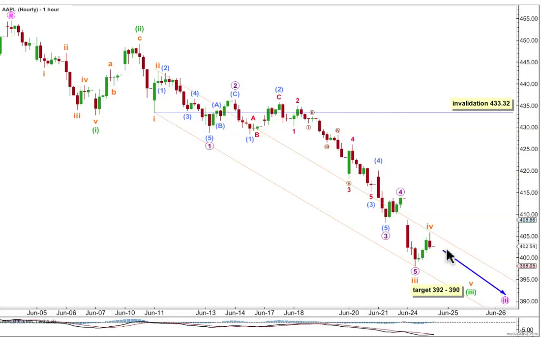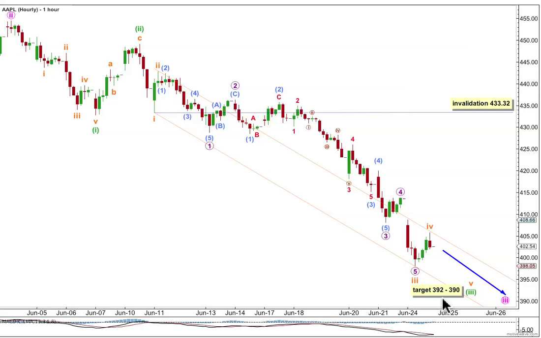If it is over here, then the fifth wave will reach equality in length with the first wave at 390, just $2 above that. Minute wave 3 in its entirety will reach 2.618, the length of minute wave 1. Within this third wave, sub-minute wave 3 is close to 2.618, the length of sub-minute wave 1, so we may not see a Fibonacci ratio for the fifth wave and either the first or third, so I'd favour the upper end of this small target zone for the next downwards movement to be met before my next analysis at the